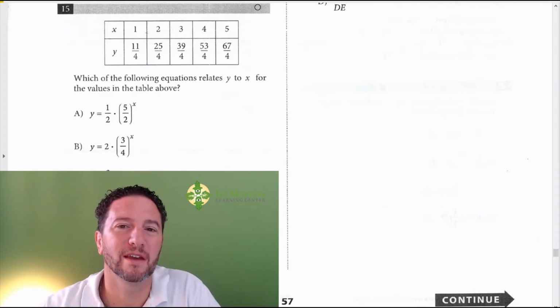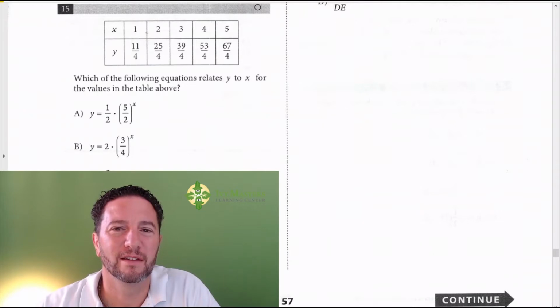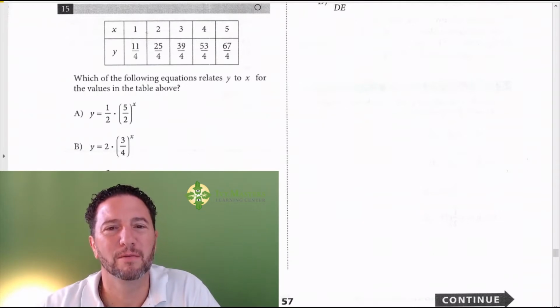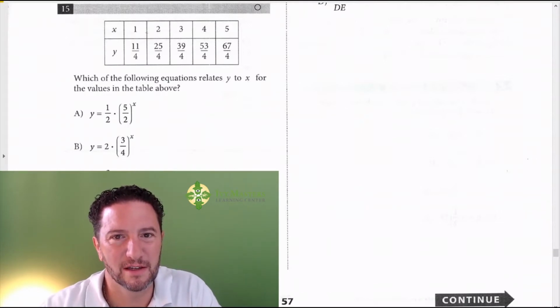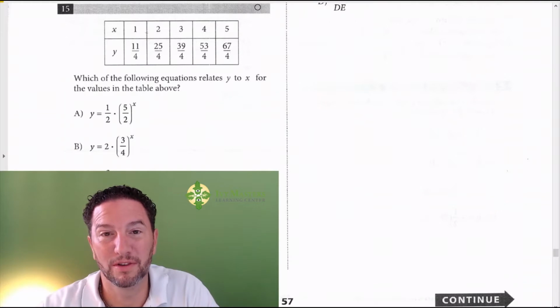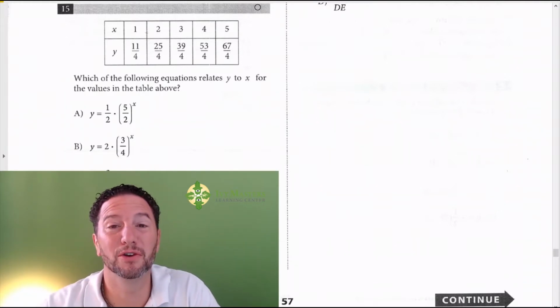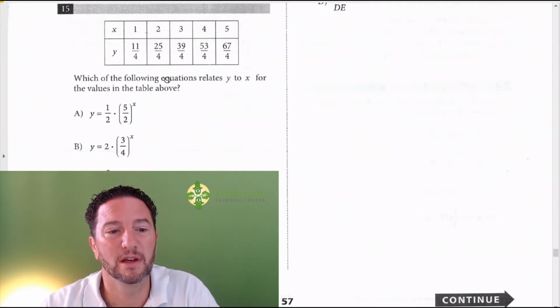In fact, a good practice is to visualize yourself not taking the perfect test, but visualize yourself taking the test, seeing a problem that's difficult, and being able to figure it out. It's good visualization to do leading up to your SAT. 15 reads, which of the following equations relates y to x for the values in the